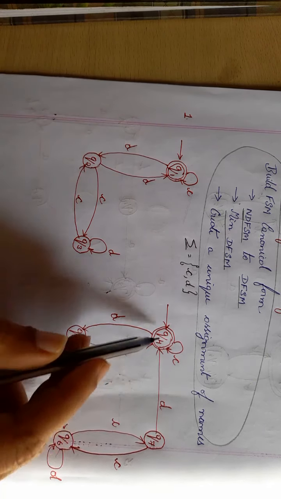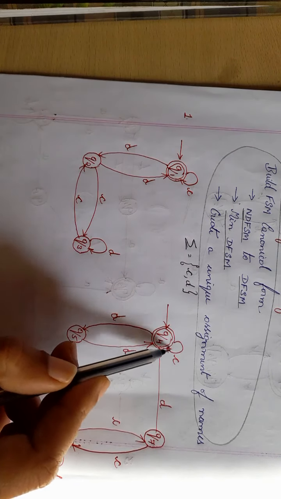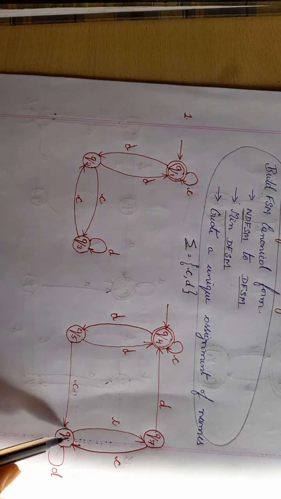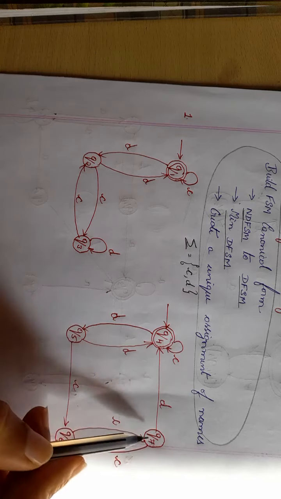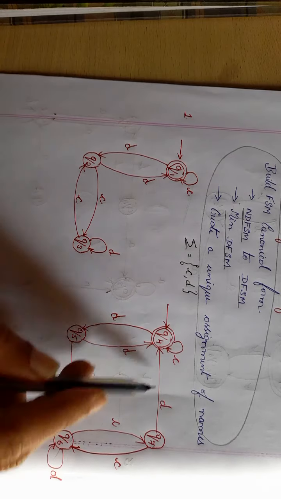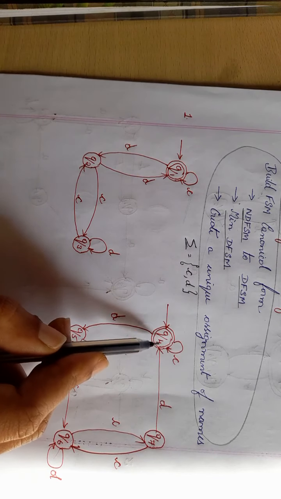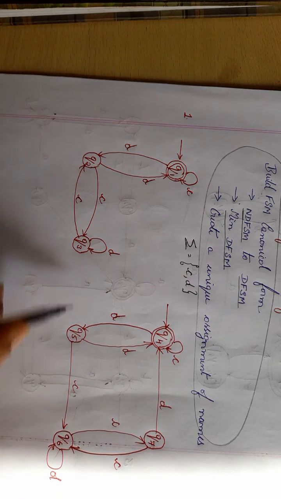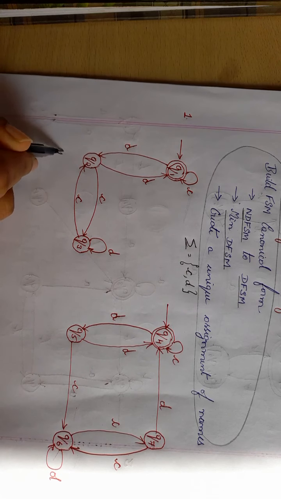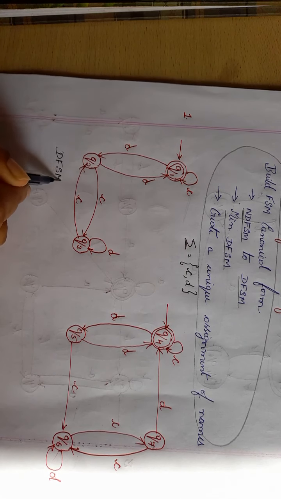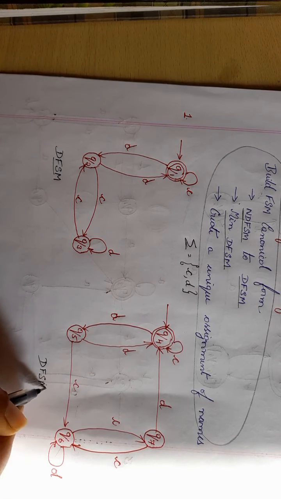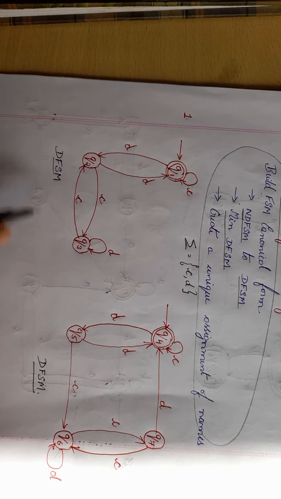With respect to this diagram, I have four states. From Q4, I have C and D. From Q5, I have C and D. From Q6, I have C and D. From Q7, I have C and D. Here also, Q4 is the starting state and it is the final state. So the first step is done. The given transition diagrams are deterministic finite state machines. Even this is a deterministic finite state machine, and even this one is. So you need not convert them again.